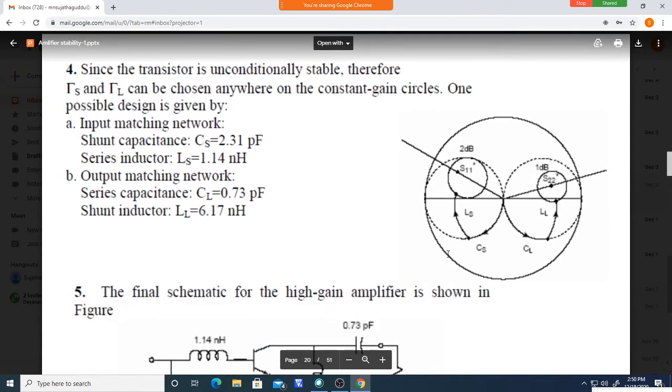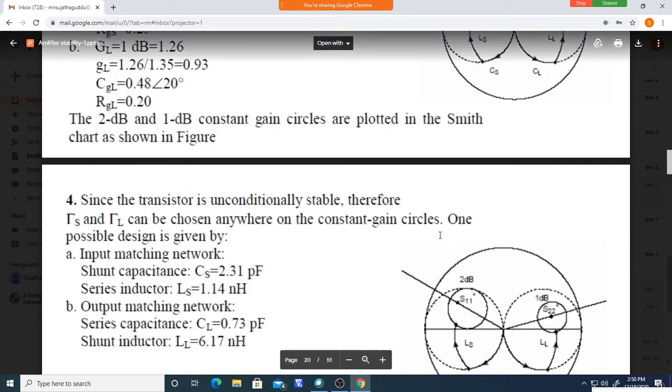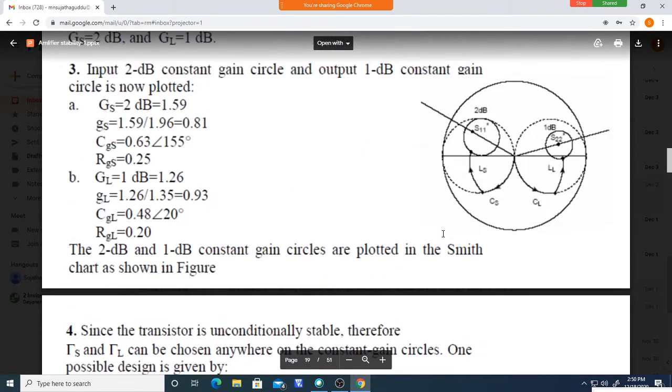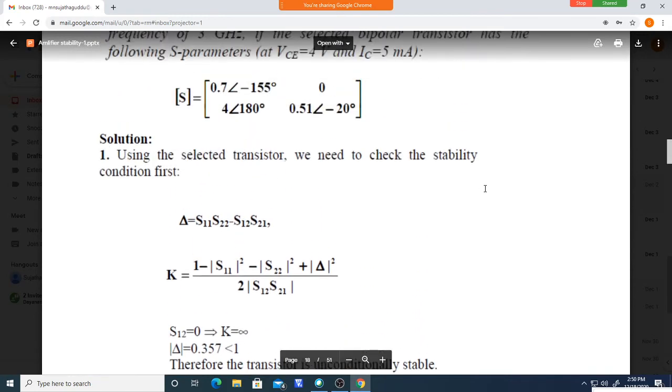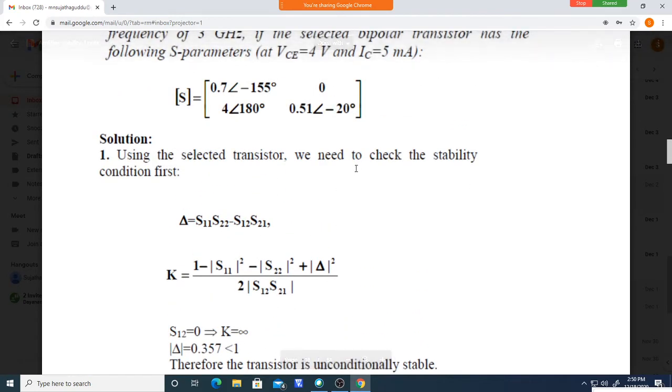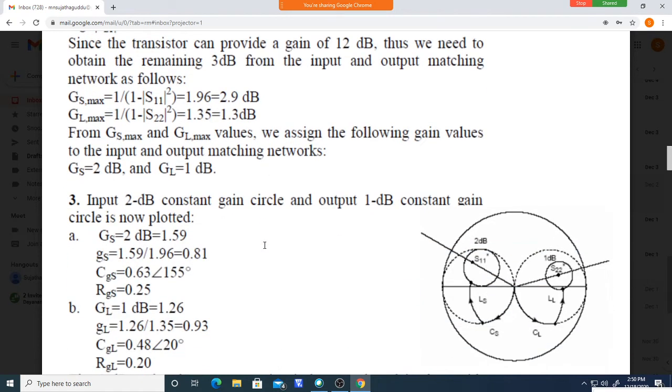You should do up to this. Usually it carries 12 marks or 10 marks. Okay, so for each part, see, first you should do the stability. It carries some marks. Whether it is unilateral or not, that you find out, that also carries marks. Next you should do this, it carries marks. Okay, so out of 12 marks in the amplifier design, we are dividing the marks. Up to what stage you do correctly, you will be getting the marks. Okay, no need to worry.